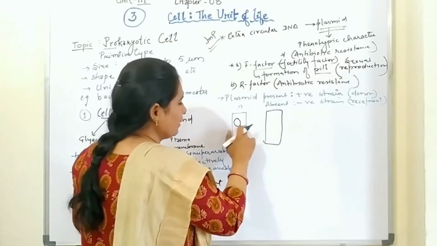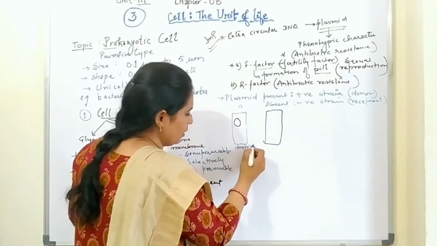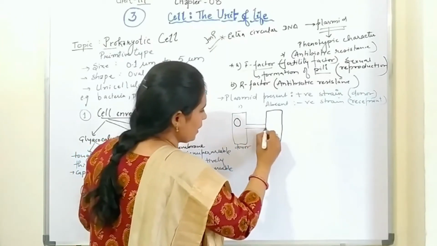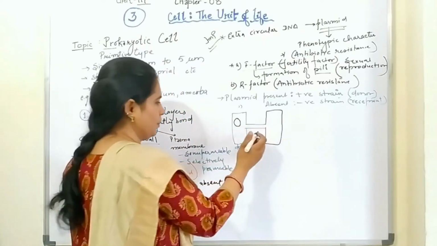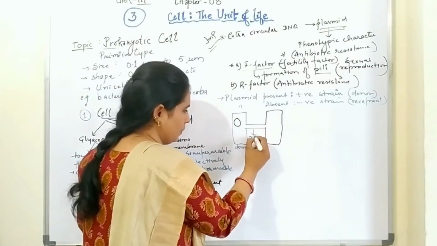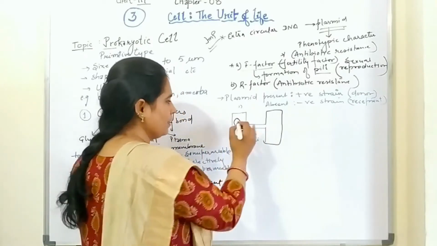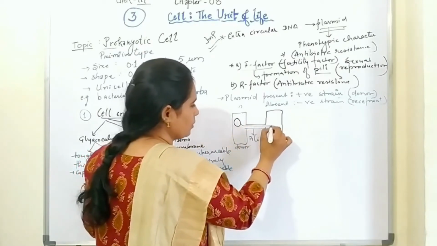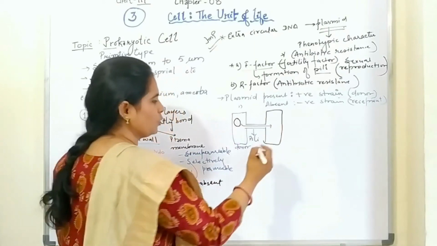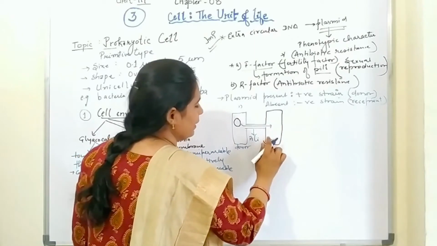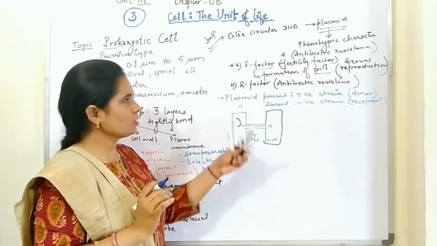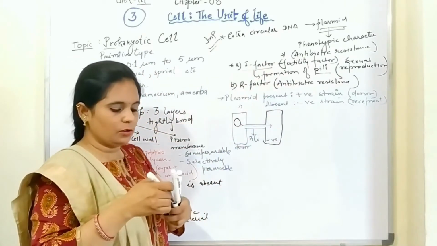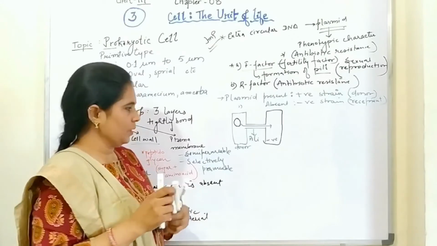So this donor cell will make a bridge-like structure between the donor and the recipient, and this is called pili. With this bridge-like structure, the plasmid will be transferred to the negative strain of prokaryotic cell. So this is how this F factor works with the help of pili. Now,